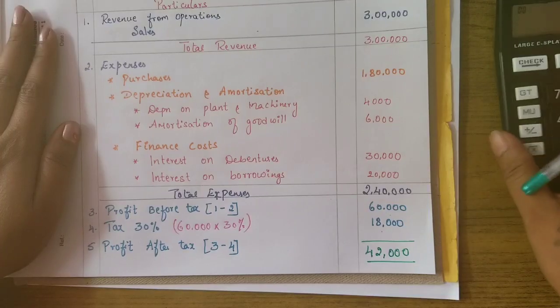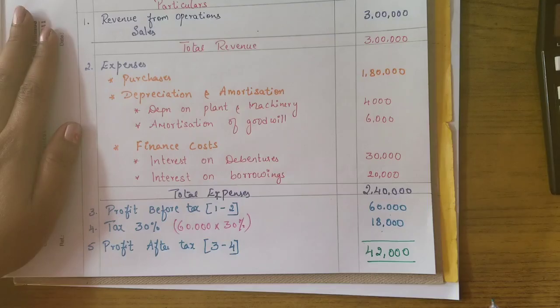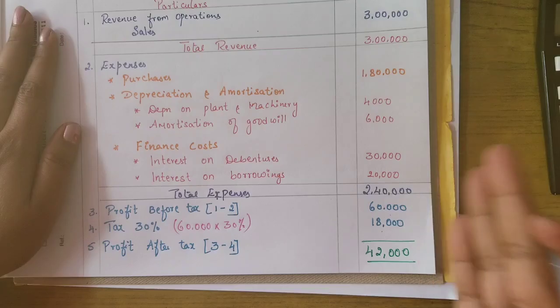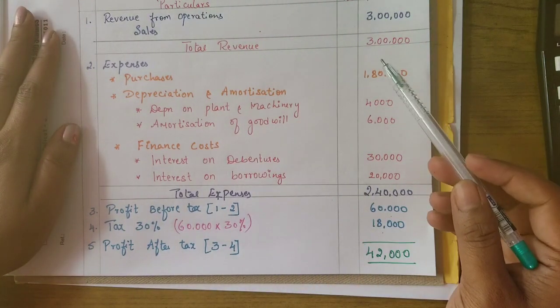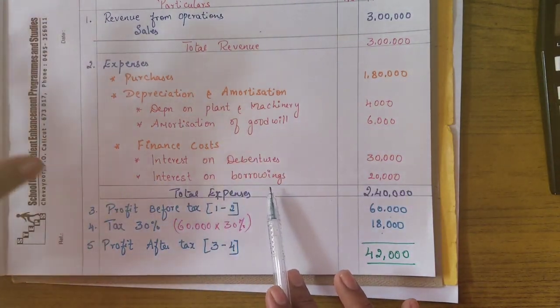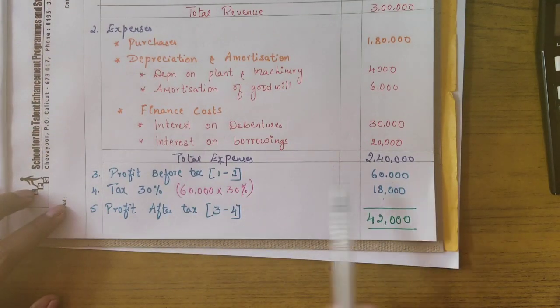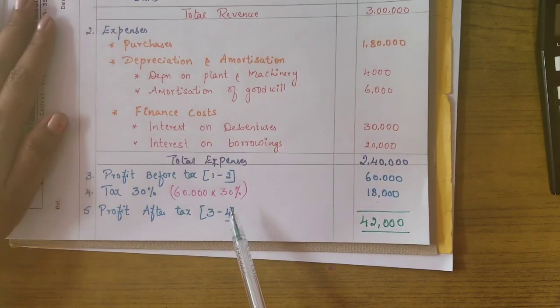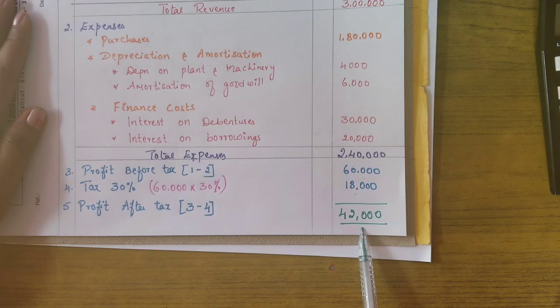It's very simple, as you can see. Here we are not preparing the statements in T shape. Do you remember in the previous year you learned balance sheet, profit and loss account, everything prepared in T shape? But here we are not preparing in the T shape. It's a statement. First we go with the revenues and the expenses. Once we are done with revenue and expenses, we calculate the profits. Based on the profits, we calculate the tax payment, how much we have to pay, and after that deduct the tax amount. The final amount you receive is the profit after paying the taxes.